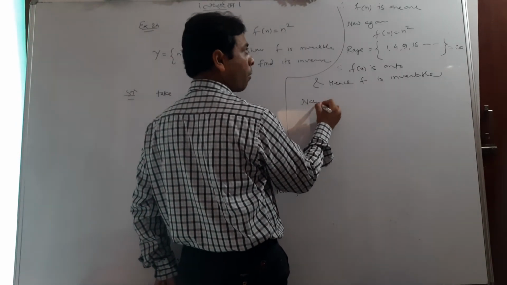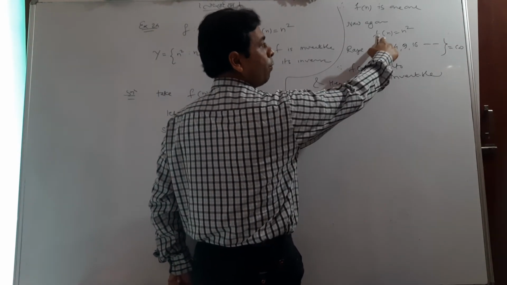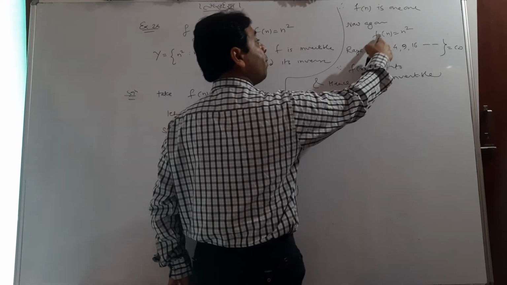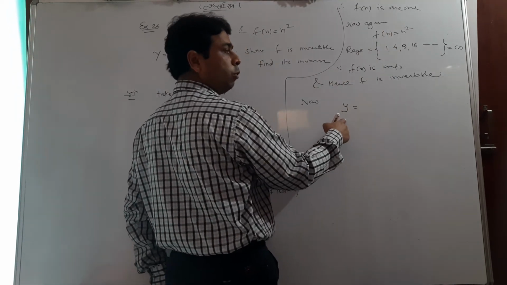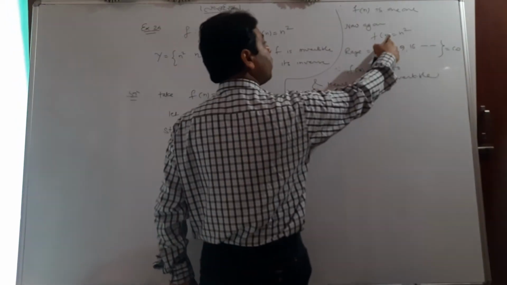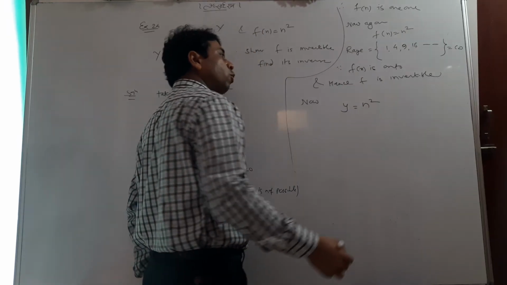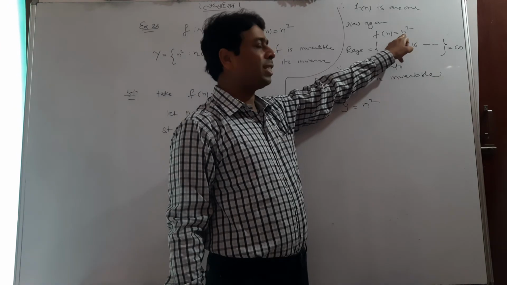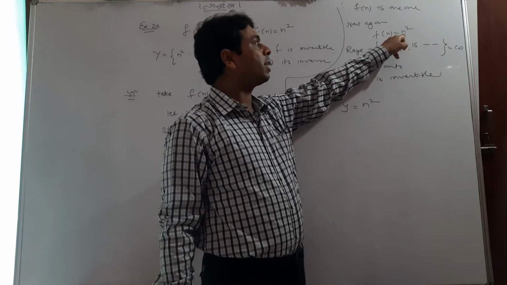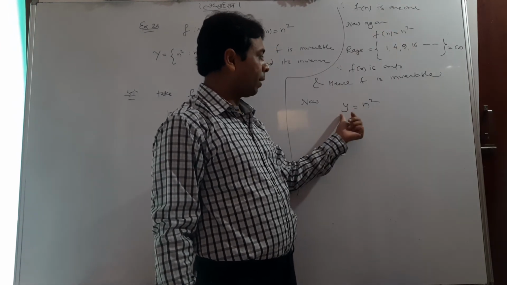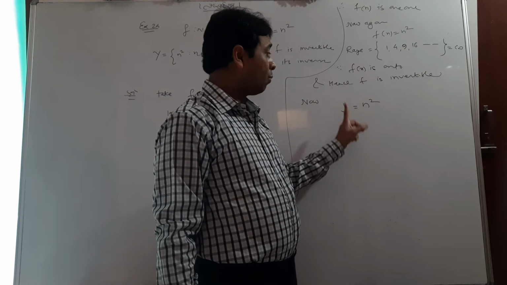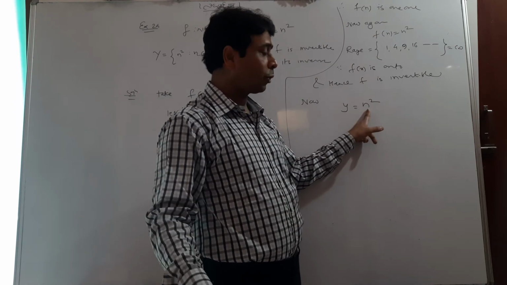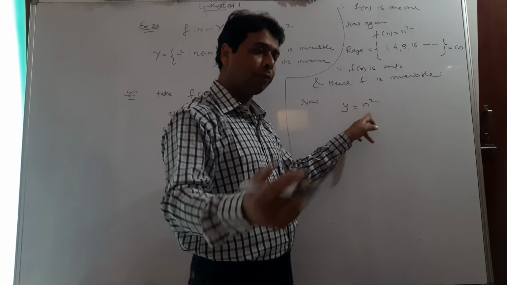Now we'll find the inverse. f of n can be written like f of x was, I'm writing y. So in the whole question it is only this difference. Instead of n, if it would be x, it is better. But okay, n is given, no worry about it. f of n, I'm writing y. This time I would say y is a function of n. This is a function, but when I find n equal to, then it will be the inverse.